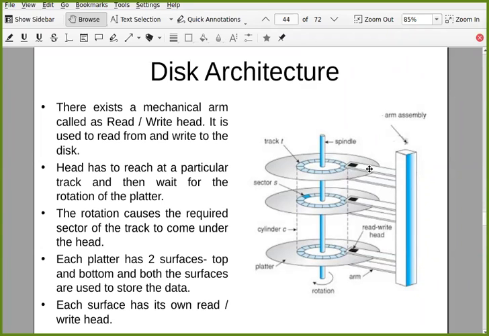So this read write head needs to move to that track first. For that, this read write head will do some linear motion. It will go track by track and it will stop at the particular track from where you want to read the data. That time which is required for this read write arm to move is called seek time.